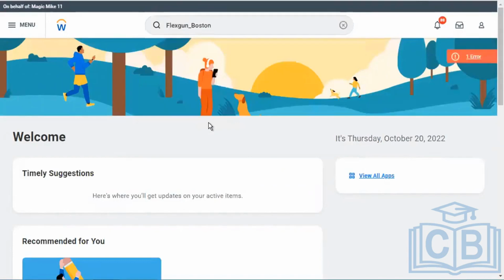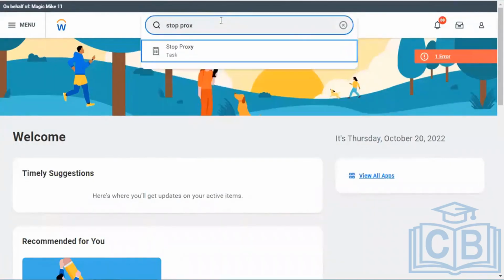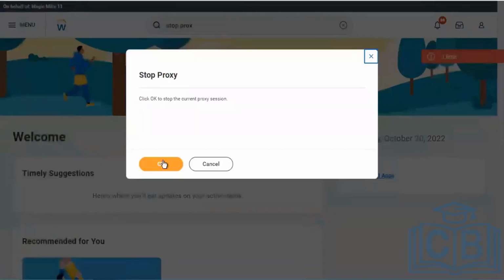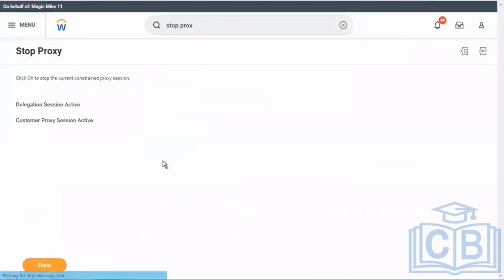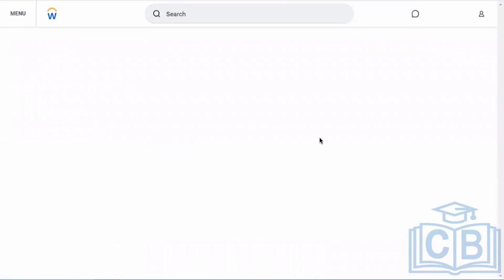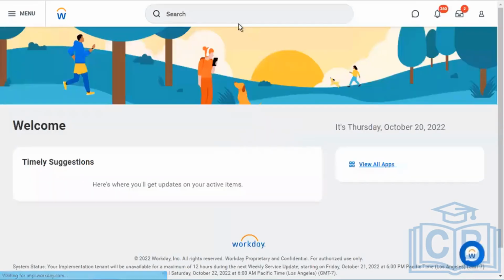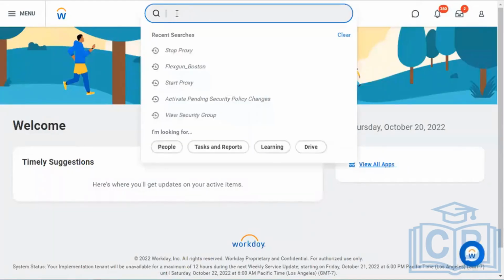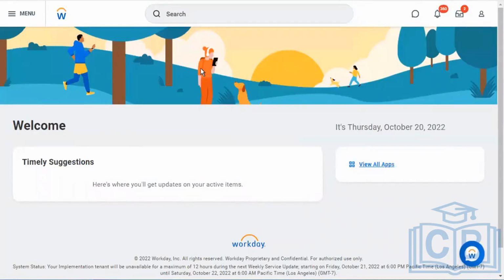I'm going to navigate to a location because that's easier to find. I was trying to find someone because Magic Mike only has access. FlexiUn Boston.